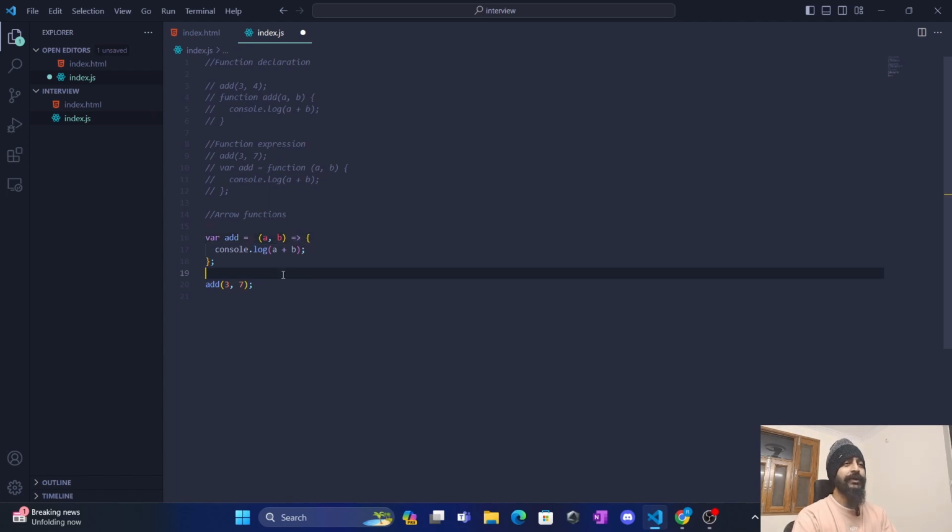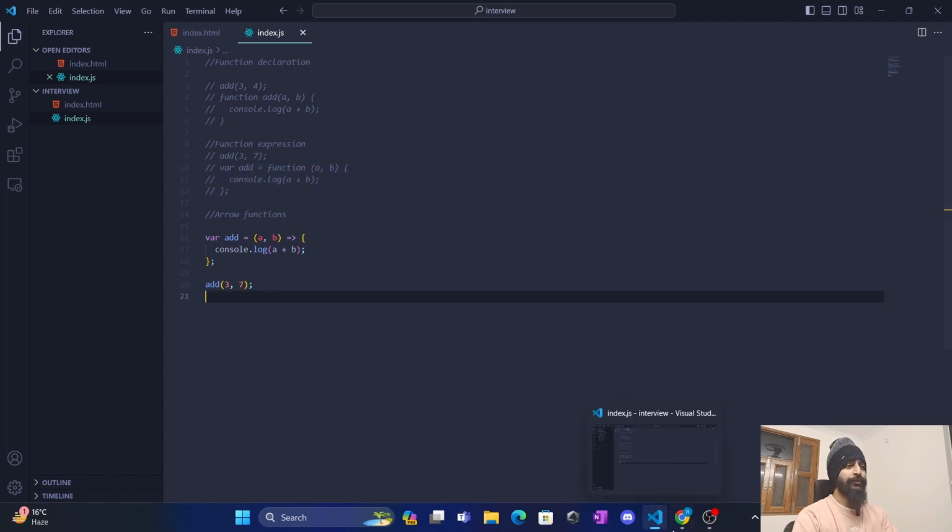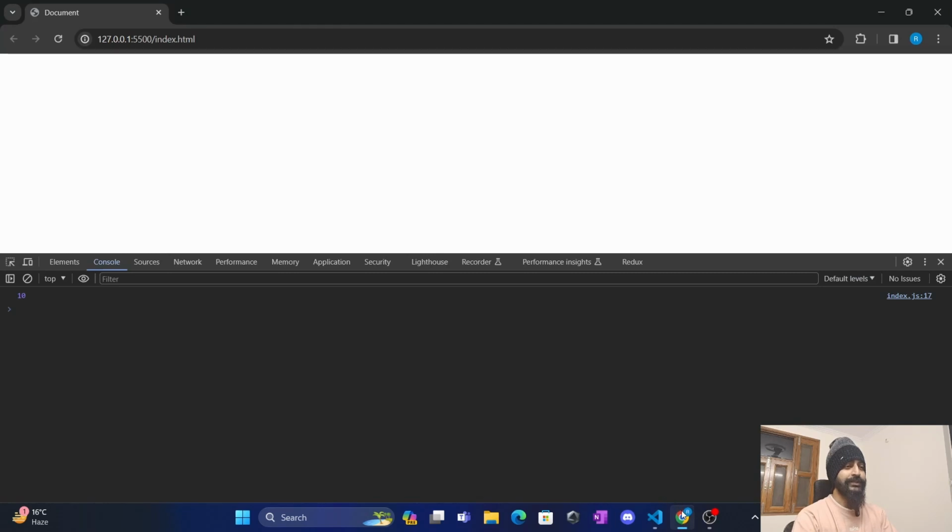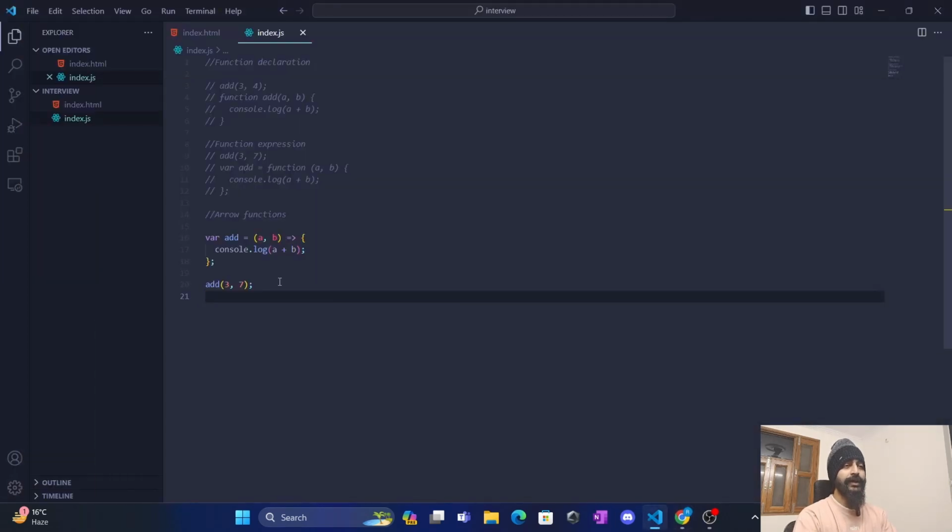This is a concise way of writing the function expression, and it would also give us the output, that is 10. As I said, this was introduced in ES6, and nowadays this is the most common way of writing a function. It became my most common way. And the fourth, it's not the final, we have many other function types as well, but the fourth most common function type is